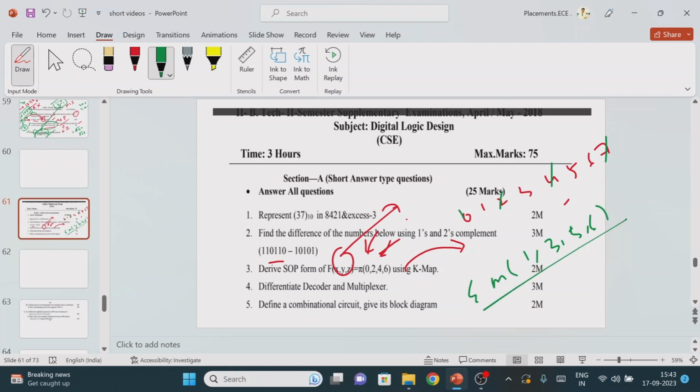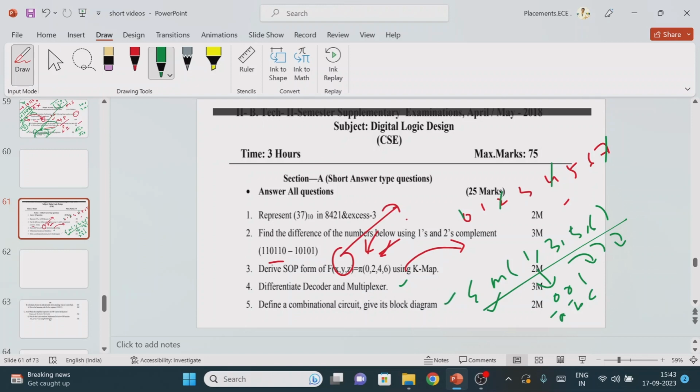If you want to write the derived SOP expression, this is in terms of the minterms. If you want 1, as a 3-bit number, what can we write? 001. So this we can write as A bar, B bar, C. Like that we can write for 3, 5, 7 everything, right? Next, what is the given question? This is a midterm 2 question which we don't require to discuss here.